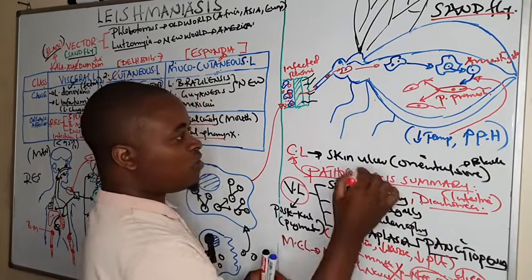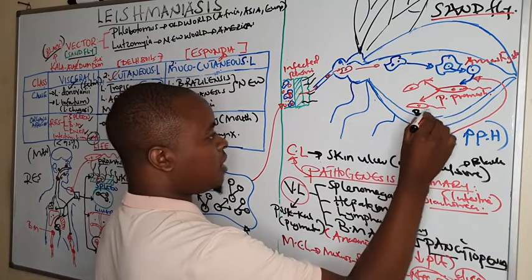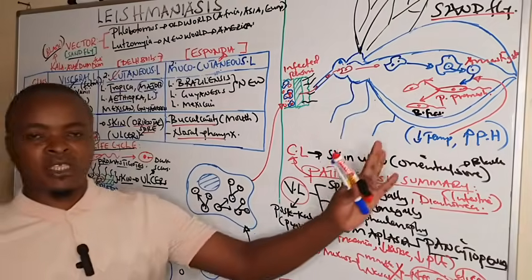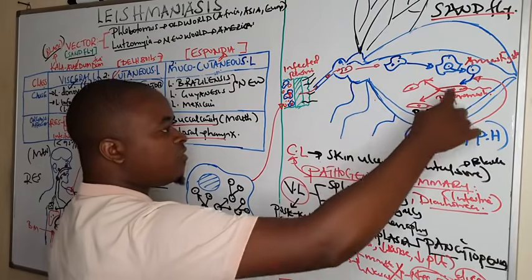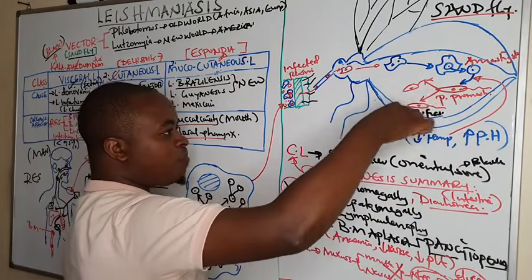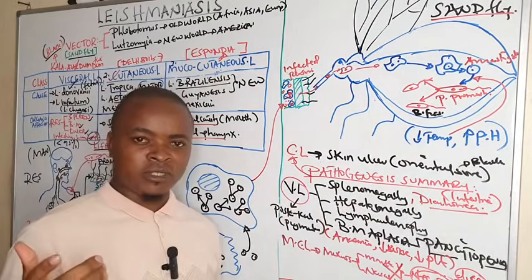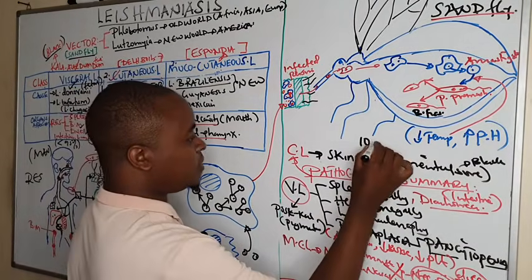And these procyclic promastigotes are going to undergo binary fission, whereby one promastigote is going to form two promastigotes. So that is what we are calling binary fission, which occurs within the gut of the sandfly, or Phlebotomus, or Lutzomyia in the New World. So after undergoing multiple binary fissions, we form multiple promastigotes. And these promastigotes, within 10 days,